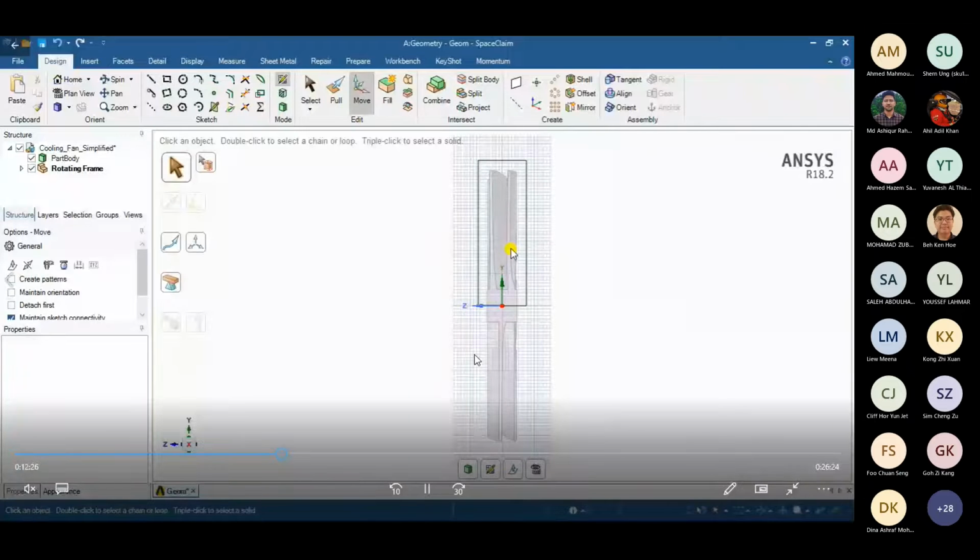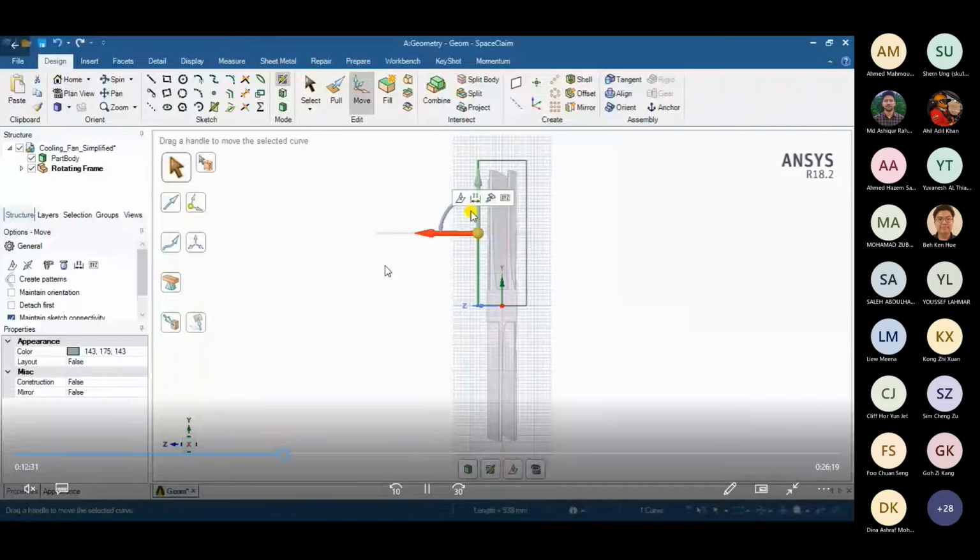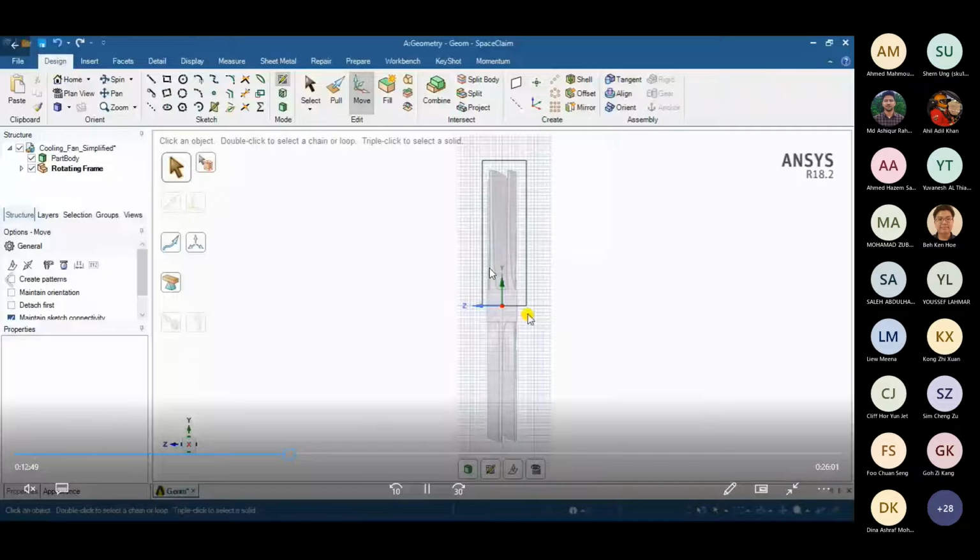Now I'm giving the dimensions with respect to the axis over here. It should be pretty close to the actual rotating frame, the actual fan blade that you are going to rotate. The reason is that it has to be identified as the rotating frame, and the closer your interface is, the better it captures the rotating motion, and the better accuracy you get.